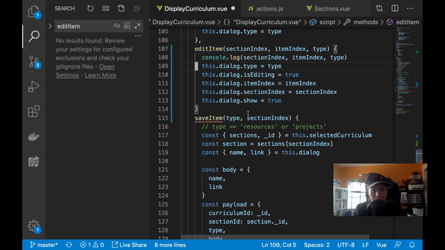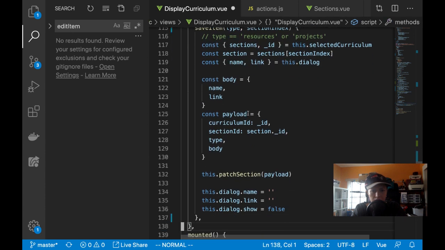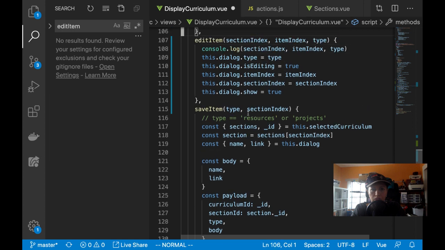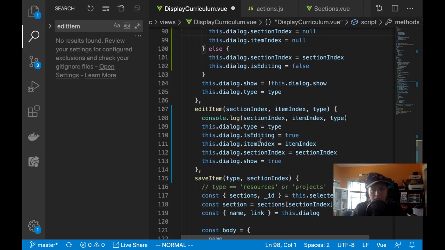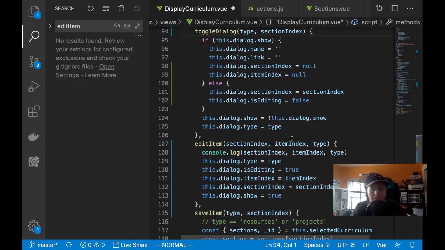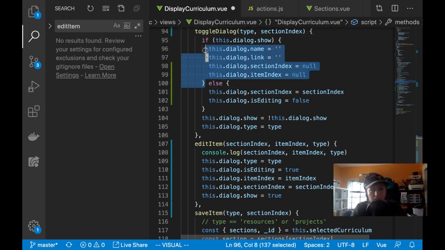Because this edit item, all it does is open the dialog and set these methods. And ToggleDialog basically checks if the dialog's already showing, then clear everything. If it's not showing, then assume that they want to create. But I could add